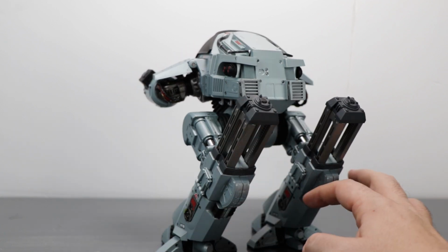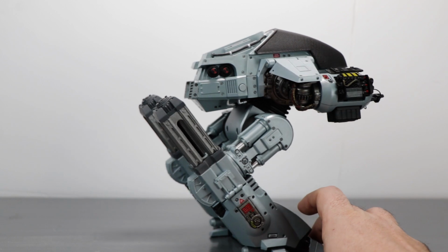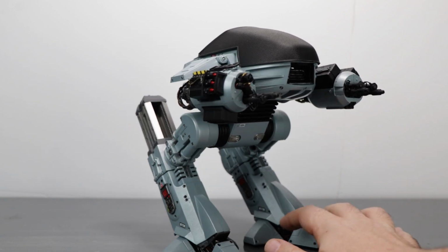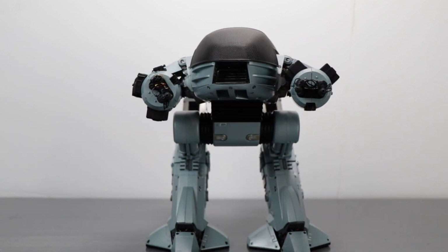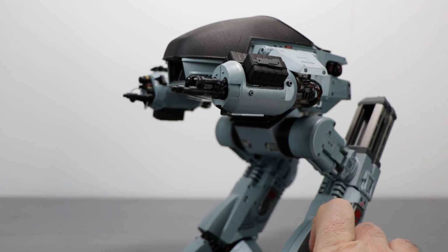And then I got word that Neca did this, and I was like, Neca made an ED-209? I mean, the only way it gets better than that is if you had the cash to drop on the Hot Toys ED-209, which secondary market prices are outrageous. So I personally don't have it. I don't know many people that do. But anyway, so here we have the ED-209. We'll get a closer look at